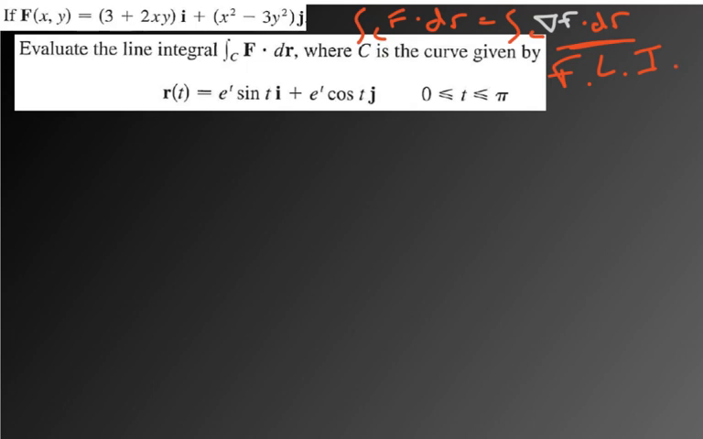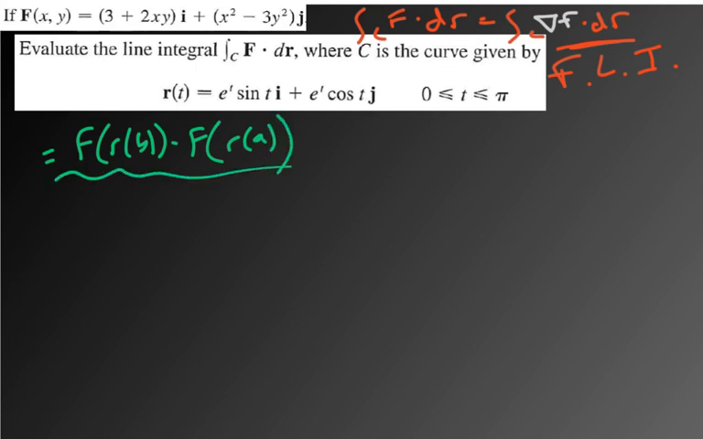And so what this is going to look like is that integral is just going to equal f of r of b minus f of r of a, okay? So that's basically all I'm going to have to do, subtraction. So first we got to get r of b and r of a. And so let's do that. So r of b